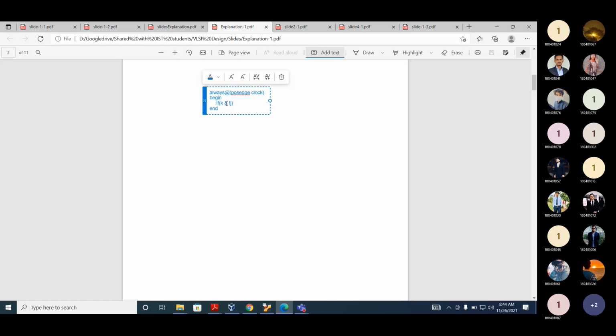I'm defining two arbitrary signals. This is very arbitrary code, but we will implement this code on our macro cell logic.